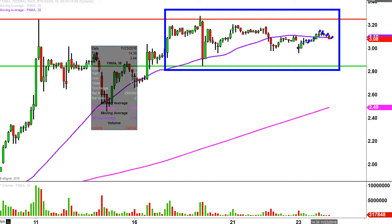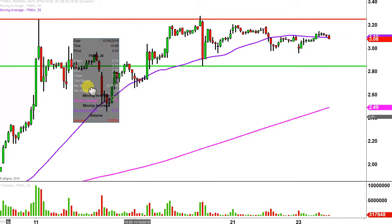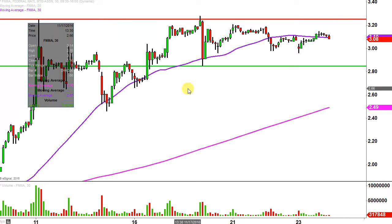I like this time frame. I think it does a good job of telling the quote-unquote story of the price, and it makes mapping out levels of support and resistance a bit easier to see. I've been doing this analysis on a very routine basis, so that's where these red and green lines are coming from. And as we head into Thanksgiving tomorrow, I just want to confirm